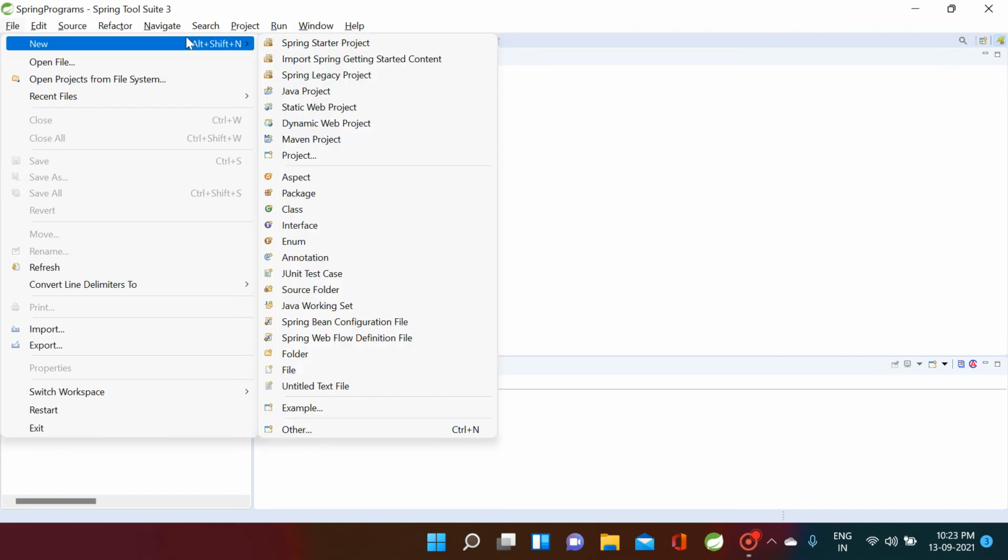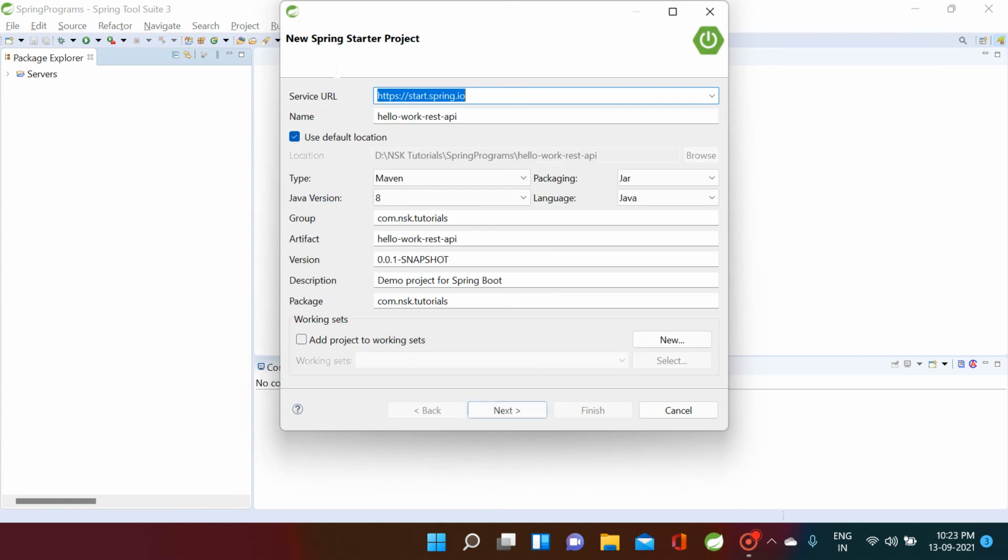Here we have a menu called New. Then click on Spring Starter Project. Once we click on it, a pop-up will appear. Here we have to add the name, Hello World REST API. The type is Maven, and the packaging we are